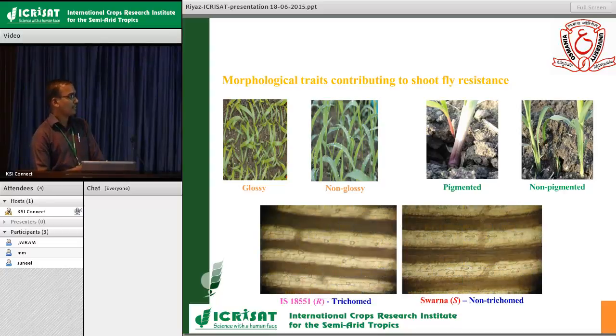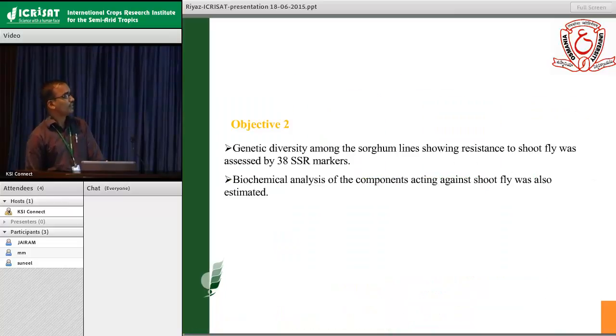And here comes the trichomed, that is a resistant check, IS 18551, whereas no trichomes are seen in the susceptible check, non-trichomed. So after identifying all these things, the genotypes that perform well in the field conditions, 30 genotypes, were selected, and in order to identify how diverse they are, we have used 38 SSR